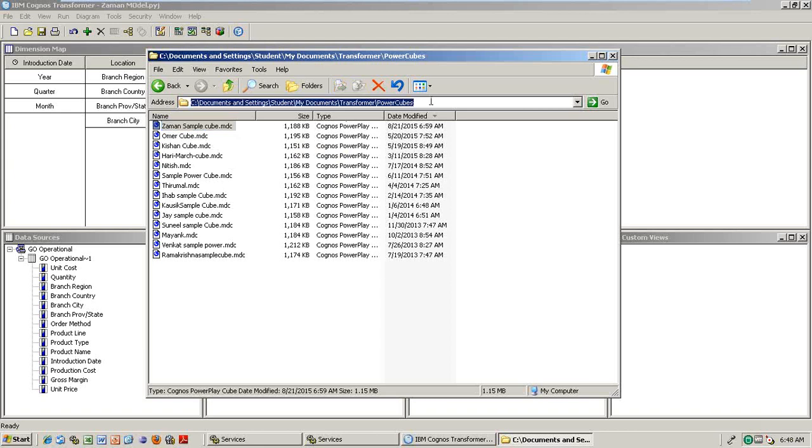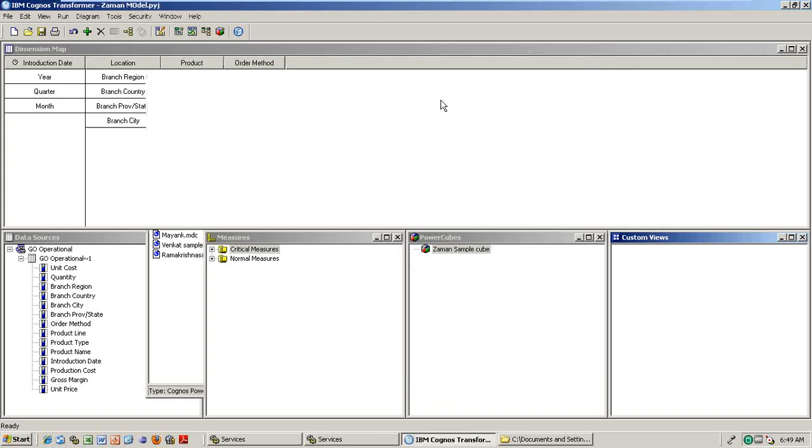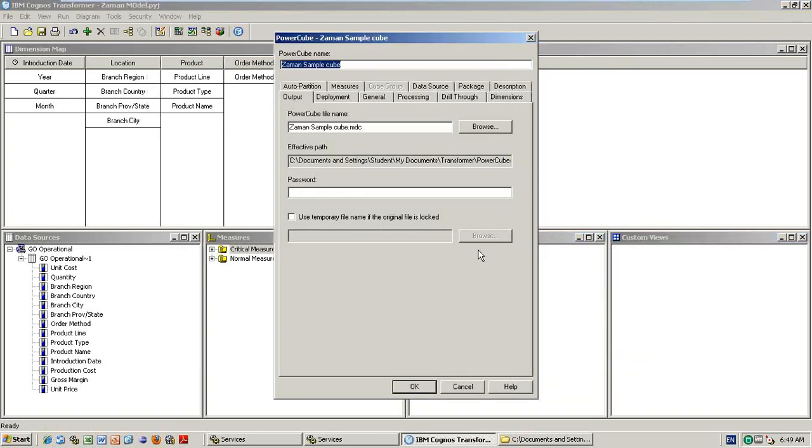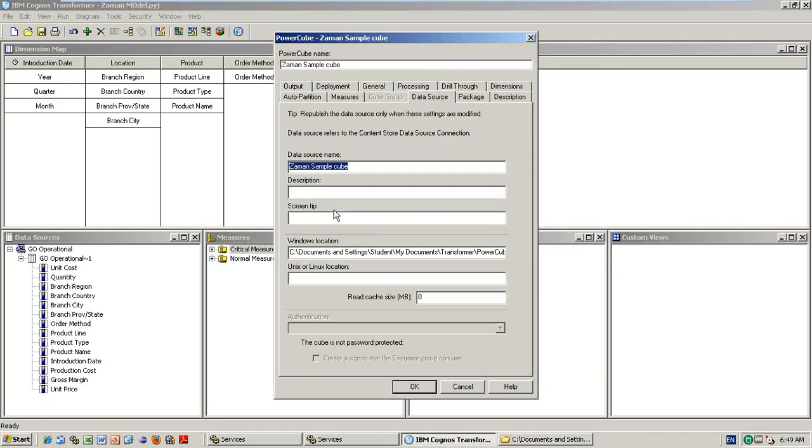But from our Cognos connection, what is the data source you have given when you created it the first time? The data source location is, boss, you go to this location and take the transformer cube. So simply it will go and check there. If the new updated cube is there, automatically it will take that one. So whenever you are rebuilding the cube, from our Cognos connection you are pointing to that location with the same name. So automatically whatever data is available in the updated cube will appear in PowerPlay Studio.